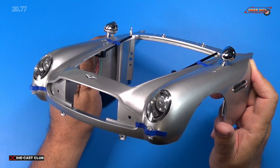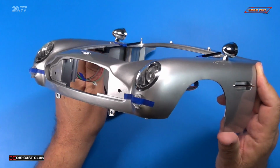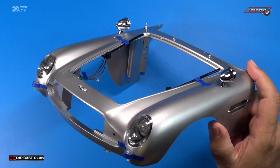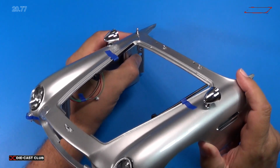A lot built here. This is a beautiful nose clip. I've enjoyed assembling all the parts on here. We got to be very careful with these mirrors on top and the antenna. But anyways,